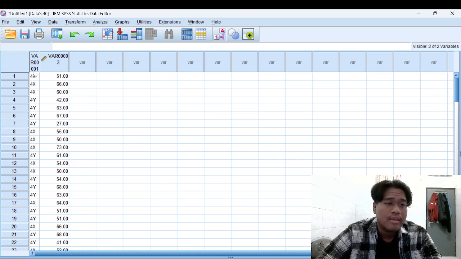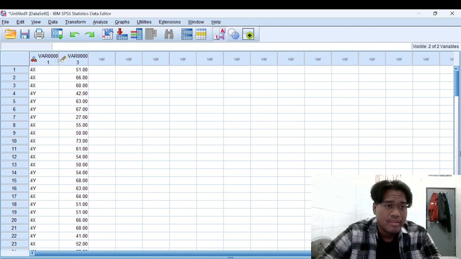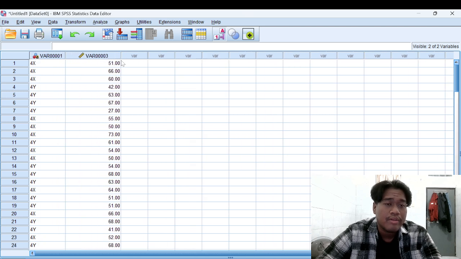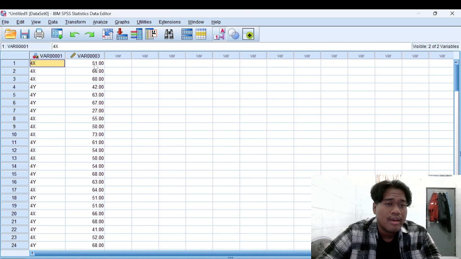So here you need all of your data prepared. I have pasted the data that I needed to analyze the t-test. The first step is to go to the variable view. The variable view button is at the bottom corner right here, on the right side of the data view button. You click it, and boom,